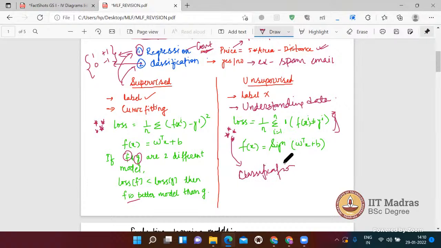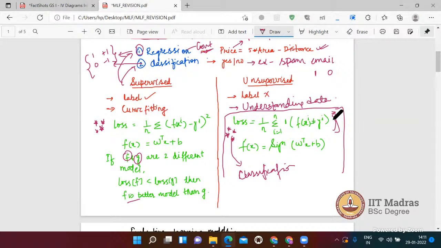Okay, not for the unsupervised learning. So you can say this is different. If you have to calculate the loss for the classification, this is simply how many data points are mismatching. If you already have a data set in which, for example, an email has been categorized as spam, and your algorithm says this is not a spam email, that is one misclassification. You just add all the misclassifications and divide by the number of observations, and that will give you the loss.